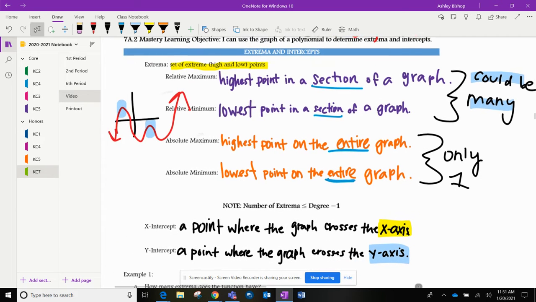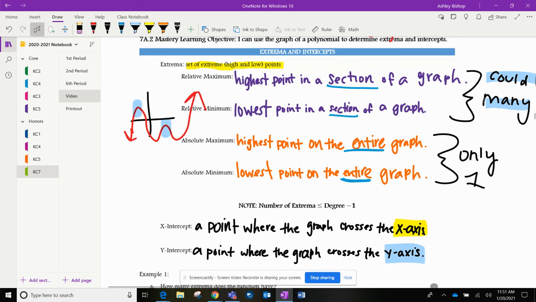And then likewise, the relative minimum is the lowest point in a section of a graph. So anytime there's a low point. So a low point would happen right here and right here. So there are 2 low points. There are 2 relative minimums. It's just the lowest point of a certain spot. So again, there could be many relative